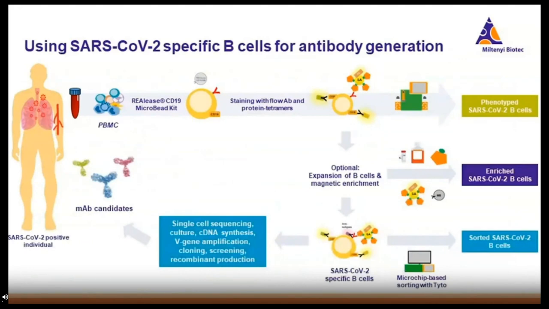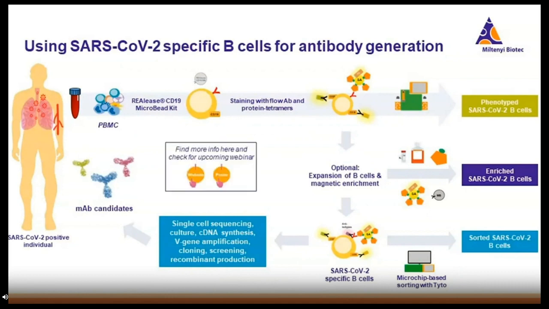So, and here you can see an exemplary workflow that could be applied to isolate SARS-CoV-2 specific B cells, for example, for the generation of monoclonal antibodies. So first, the B cells would be isolated from a SARS-CoV-2 positive individual using, for example, our CD19 MicroBeads. The cells would then be stained with either only flow antibodies, or also tetramers that were generated with the SARS-CoV-2 recombinant proteins. And the cells could then be directly phenotyped, for example, using flow cytometry, or also further expanded and also enriched for various downstream applications,